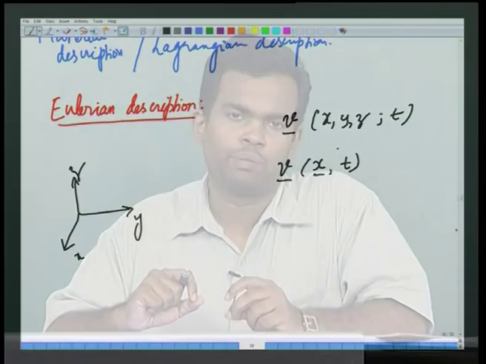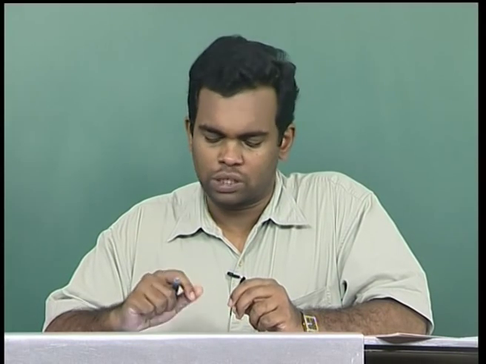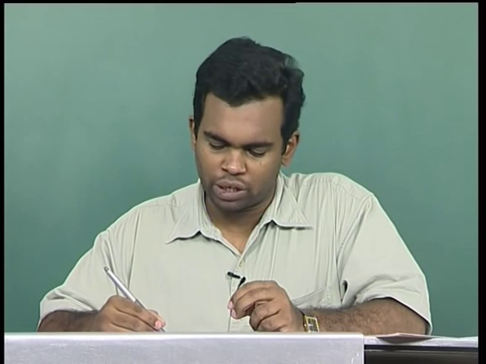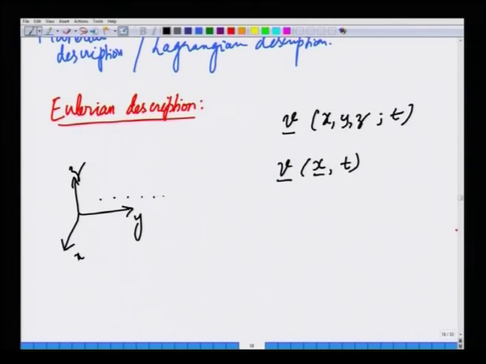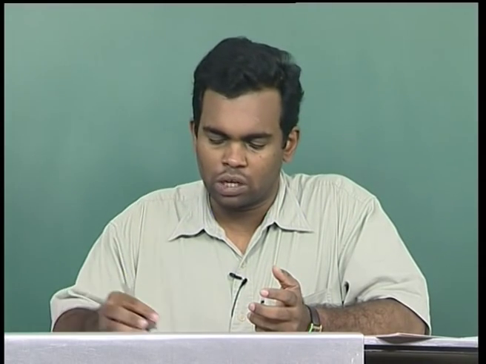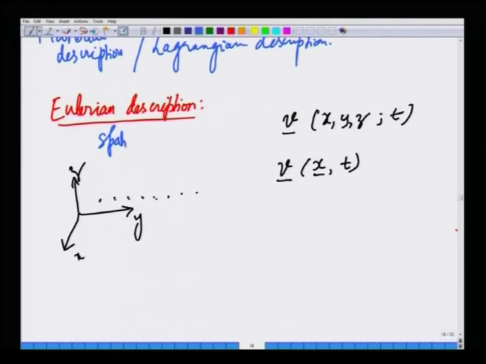but by merely saying that suppose I put various flow measuring velocity meters, so to speak, at various points in space, and then I measure velocity at each and every point, okay, as a function of time. So, that description is the Eulerian description. This is also called spatial description for obvious reasons,